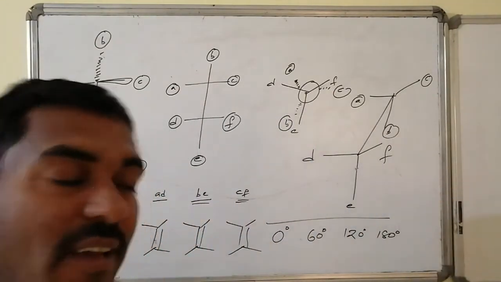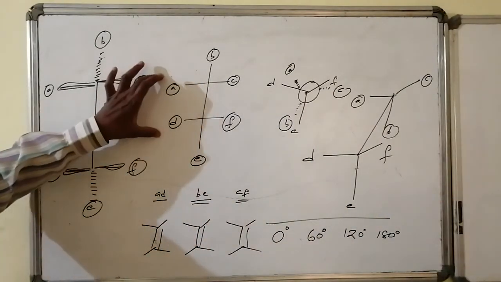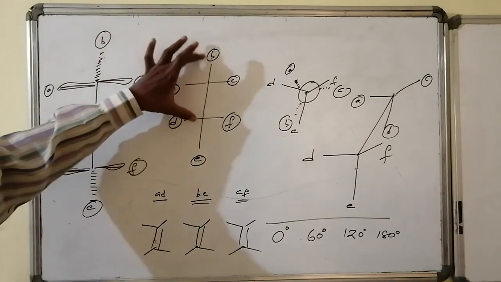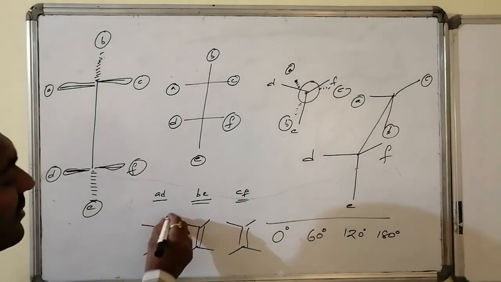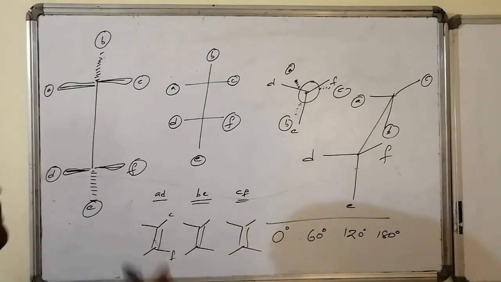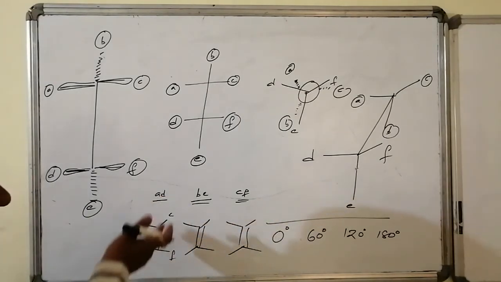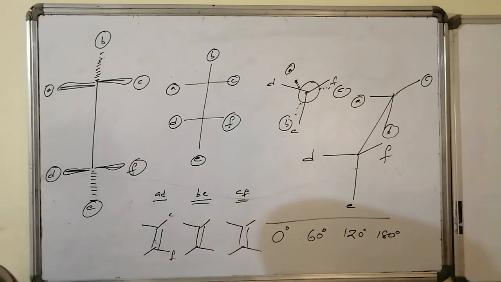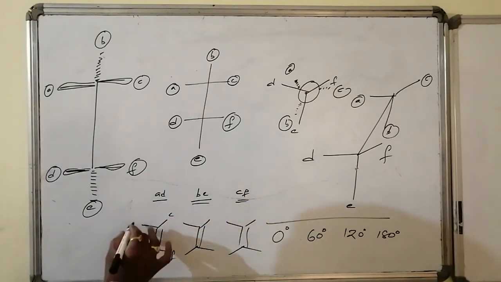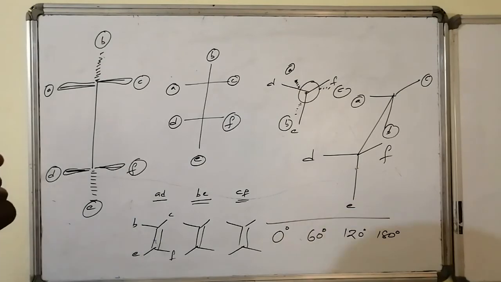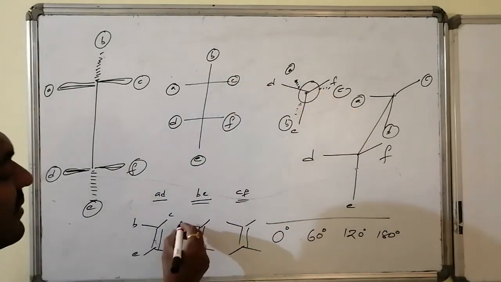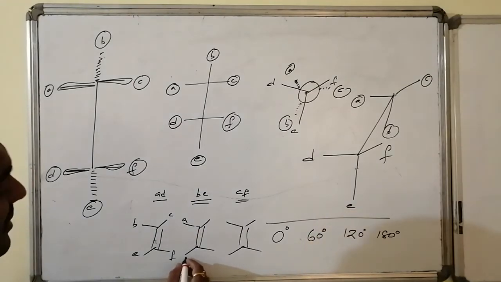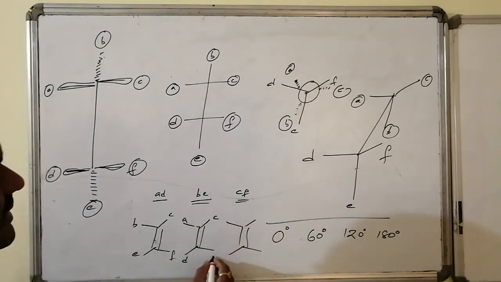Suppose A and D are eliminated. How are A and D on the same plane? If these are eliminated, the remaining two are in plane, and the remaining two are in plane. So on one side if I get C, in association F will be obtained, because the C and F connectivities are maintaining 0 as the dihedral angle. Similarly B and E. Suppose B and E are eliminated, these two are having 0 dihedral angle, these two are having 0 dihedral angle, this will become A and D and this will become C and F.